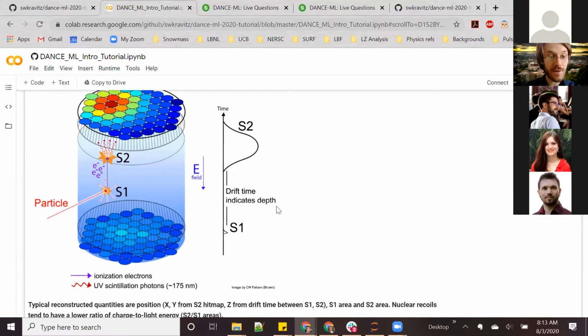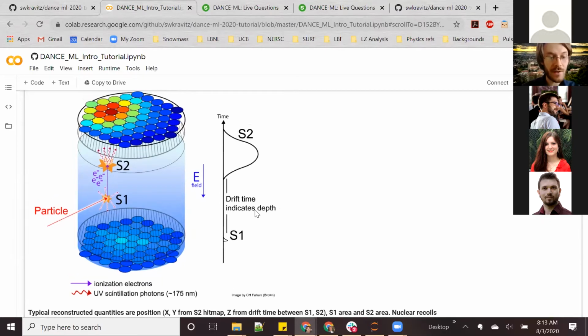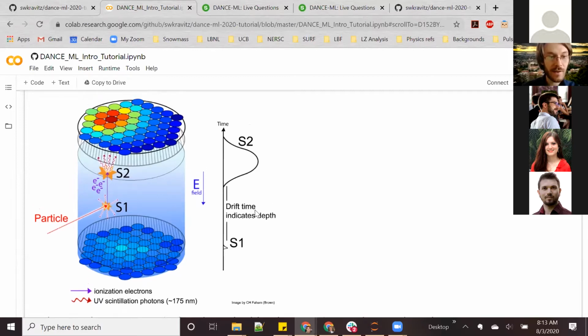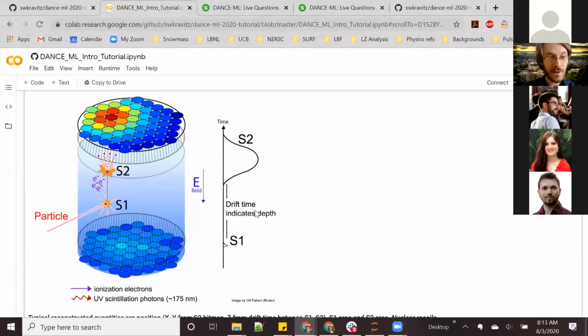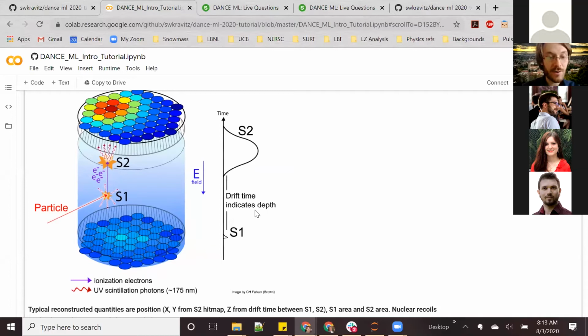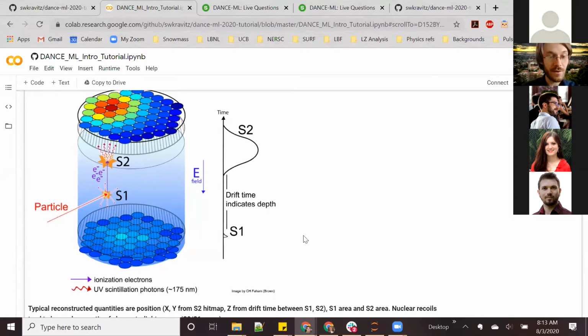And then there's the size of the S1 and S2 pulses. So we call them S1 and S2 area. And then another important piece of physics here is that there are sort of two main types of interactions in a liquid xenon or a liquid argon detector. There are nuclear recoils, where a particle bounces off of the nucleus of a xenon atom, and then electron recoils, where they bounce off of one of the electrons